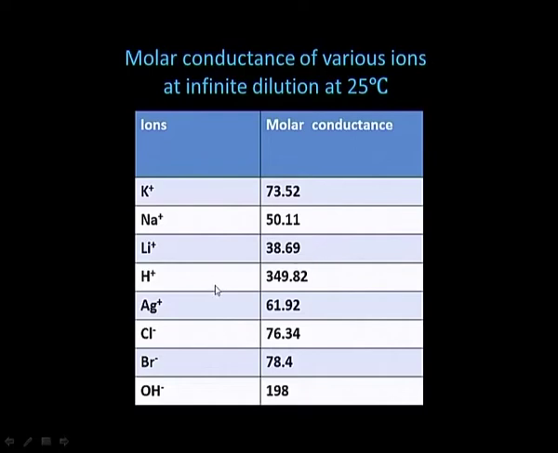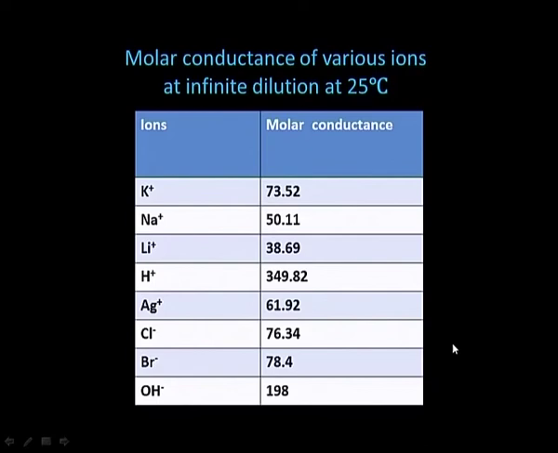For H plus, you can see here the value is largest because it is a very small ion. The value is 349.82. Again, it is 61.92 for silver and 76.34 for chloride, 78.4 for bromide and 198 for OH minus, that